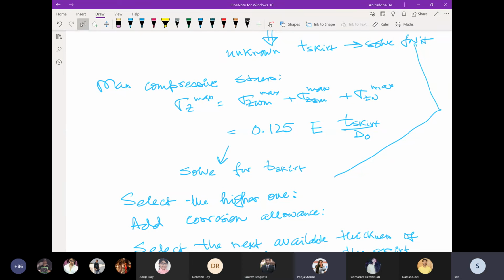Otherwise, you have to go to the table given in the book. But sir, in that table also, the values are given in a range. Right, exactly. You go by the wind velocity relationship. Okay, sir.